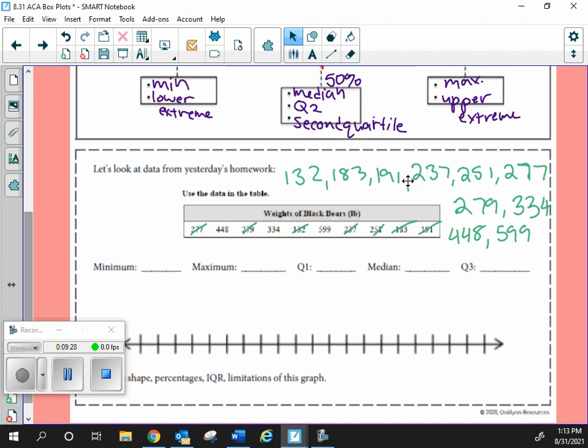All right, so let's start with this. We're going to start out small and build our way up. I am going to call on not-so-volunteers. Starting with my minimum and my maximum, that's my least and my greatest number. Victoria, can you tell me my minimum value? It's my smallest value. 132. Thank you, ma'am. My maximum. Cole? 599. Awesome. Halfway there. Ish.